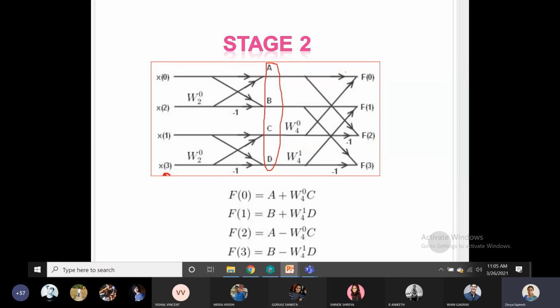The first two outputs A and B, you can see, will be connected to the last two. You can see here x0 coming here, and this is getting connected to here, and this element x2 that is coming here, and it is getting connected here. Now the last two will be coming here, and it is getting connected to the first, and here also x3 is here, and it is getting connected here.